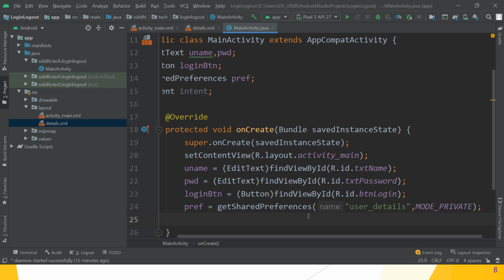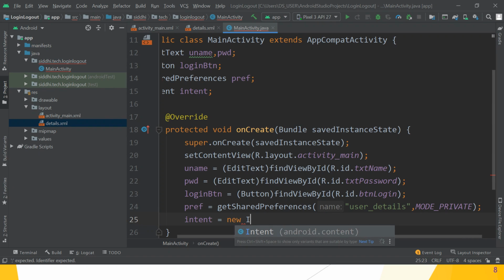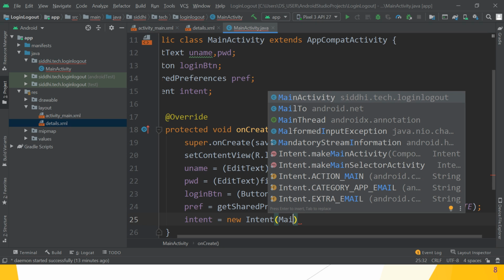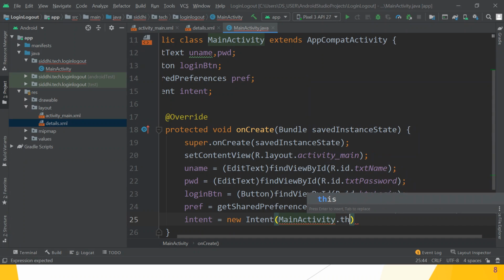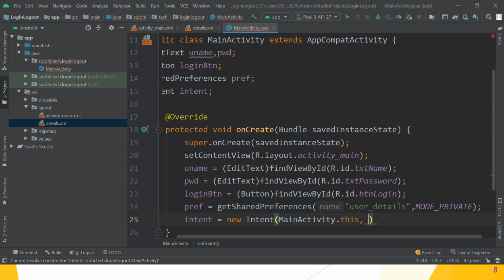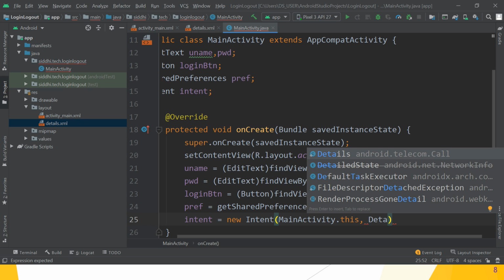Great. After that, intent is equal to new Intent. So this is the explicit intent. First is from which activity, MainActivity.this, we want to switch to the next activity.